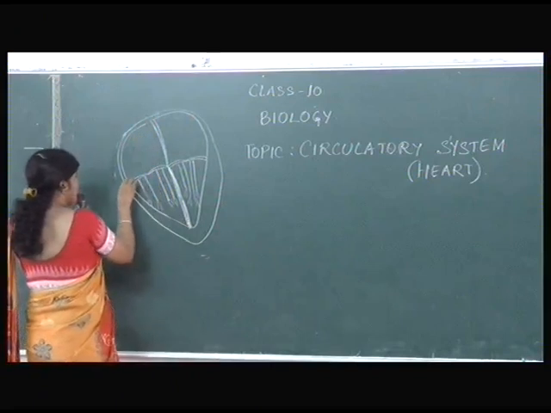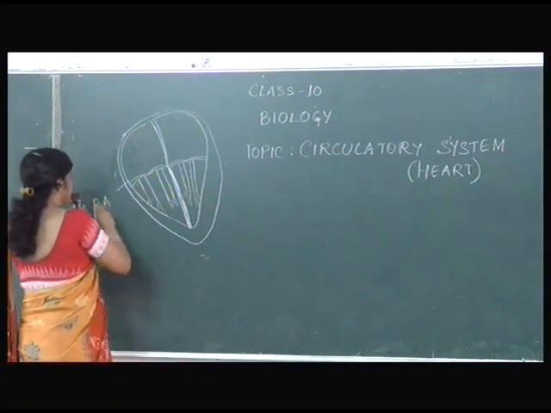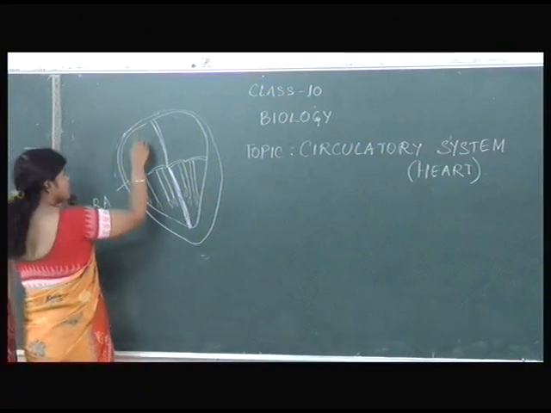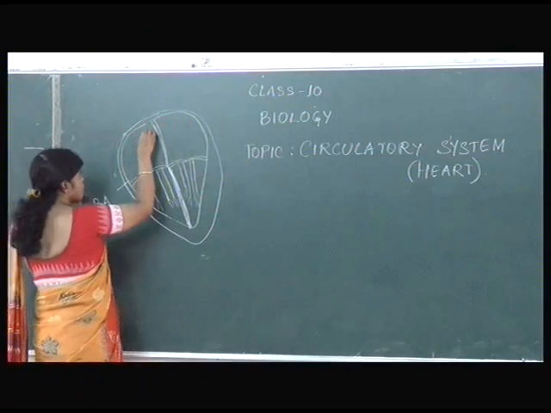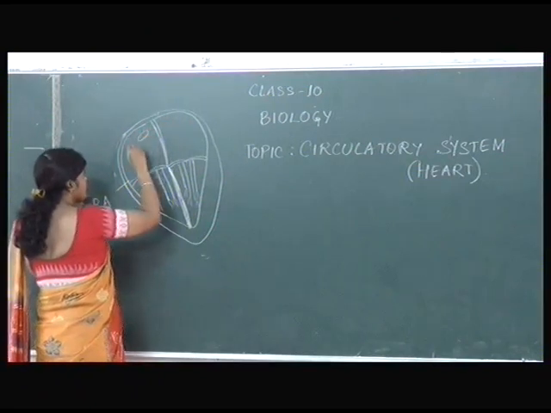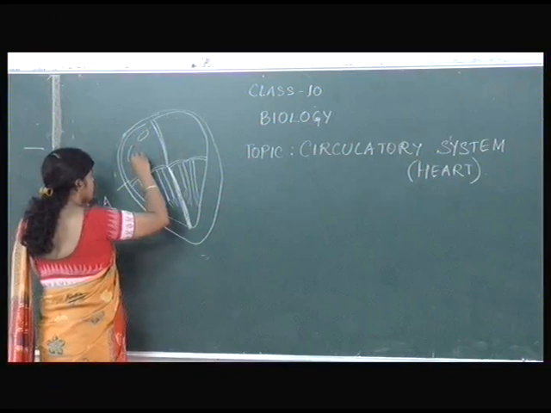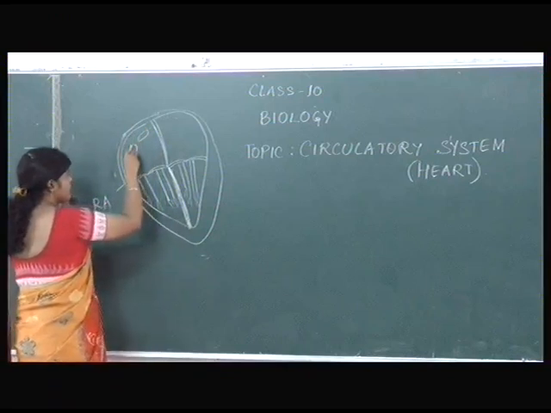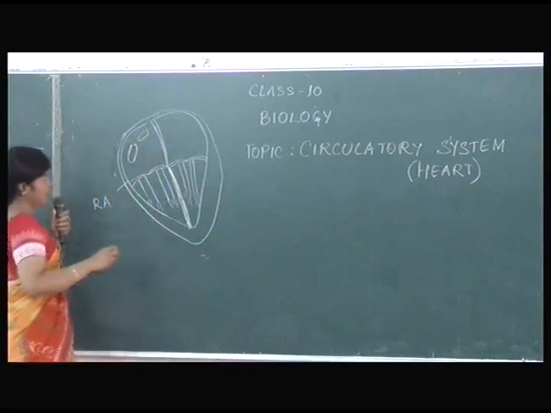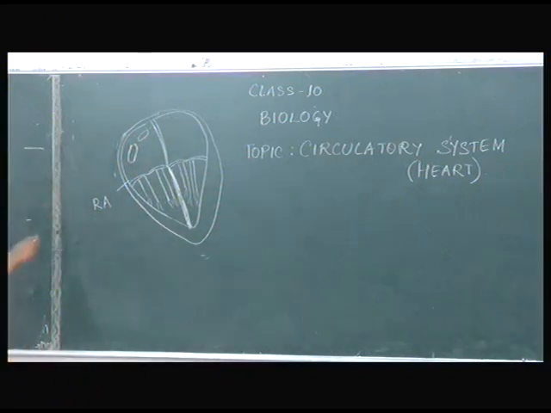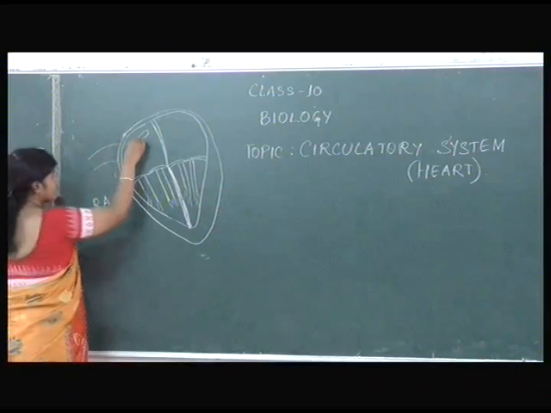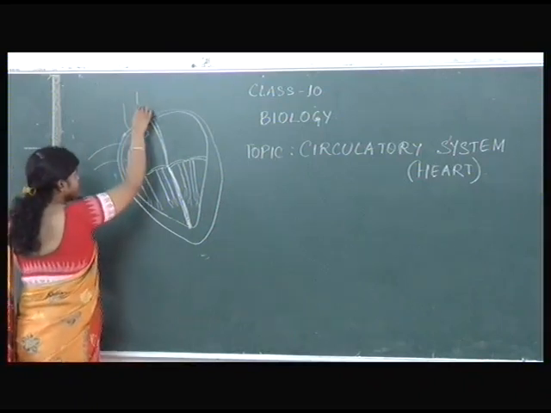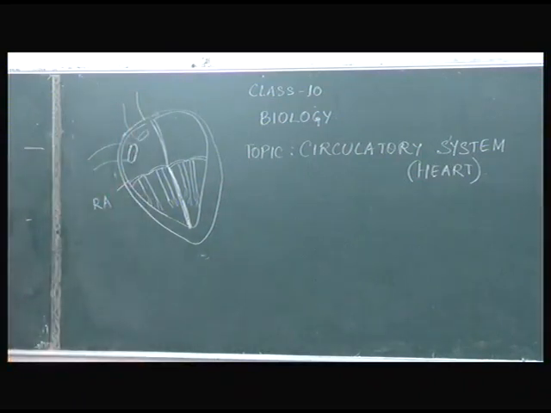Here, this is the right auricle. What is the blood vessel which is entering? Actually, blood vessels enter and leave the heart. There are 2 blood vessels which are entering the heart here. Is it clear? And these are the vena cava. These are veins, actually, and you will know why they are veins, because we have done the characteristics of veins earlier also. So there are 2 vena cava.